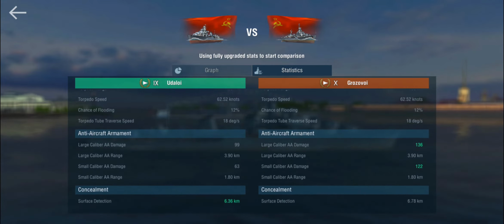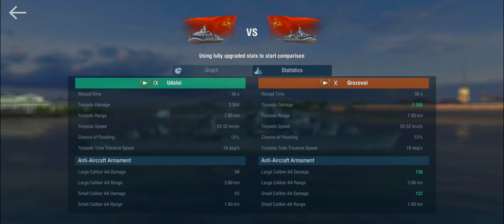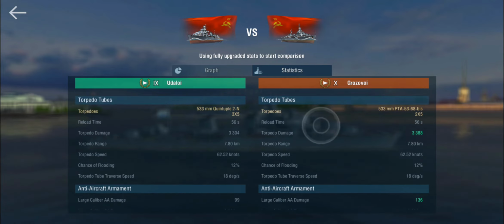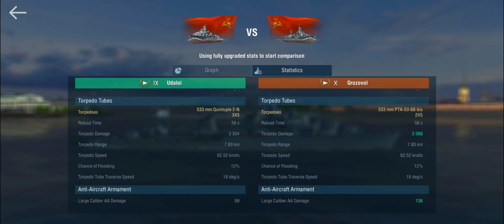So with a 6.7 kilometer base surface detection and a 7.8 kilometer torpedo range, she only has a single kilometer difference in order to get some stealth torps off. And she only gets 2 quintuple launchers, so 10 torpedoes versus the 15 on the Udaloy. Why would I ever want that? Which means you can't build the Grozovoi for speed, but you have to build her for concealment and all these kinds of things. Anyway, so yeah,